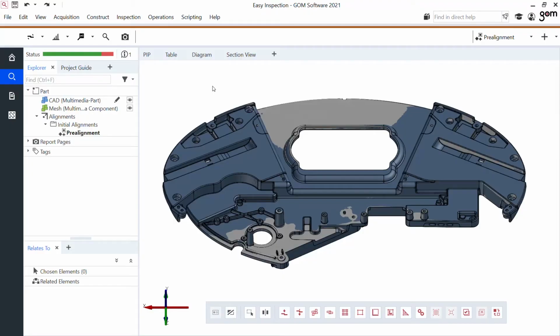To show you how we can perform 2D inspection in GOM Inspect suite, I'll start from this project. Like before, I already have my pre-alignment made, and thus my CAD file and my scan data are nicely aligned to each other in this global best fit. 2D inspection, in this case, will be based on a section. How do we create a section? Let me show you.